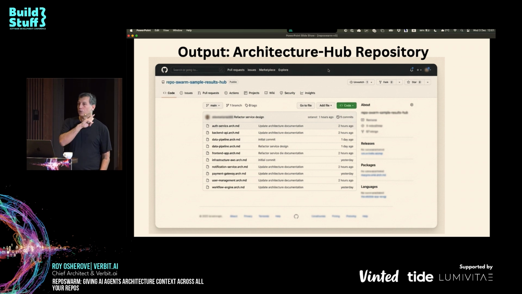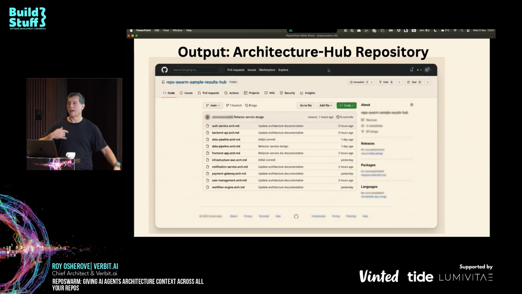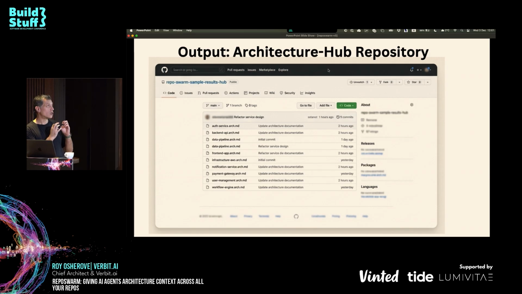So I will actually start with the end, and I will show you what it means when you have such a repository, which is on GitHub, that has full commit history, which is all markdown and is agent ready. And then I'll talk about how it gets generated, because the architecture of that is also very interesting. Let's talk about why this is useful.